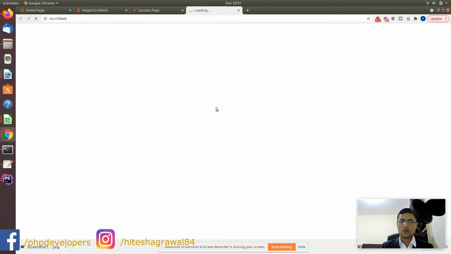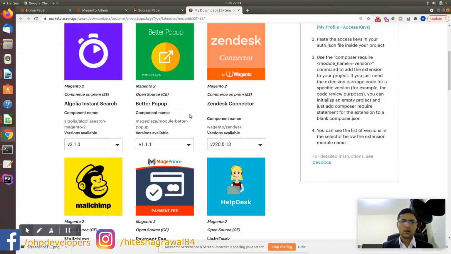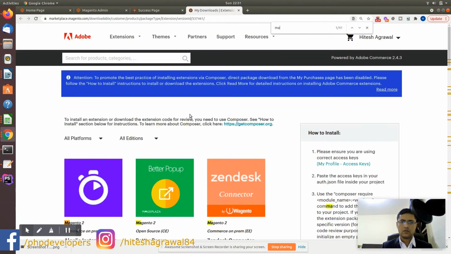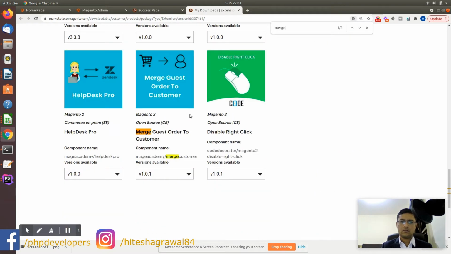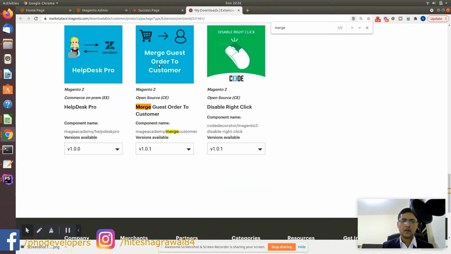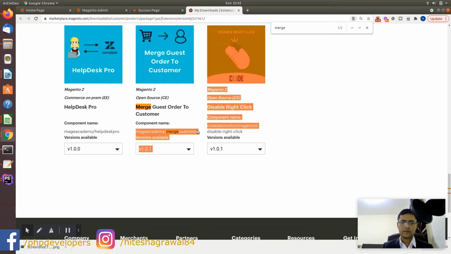Just click on install. Here you will find the extension, and this is your installation path. You have to install this extension using Composer. Magento has deprecated the zip file download, so you cannot download a zip file of this extension. You can just copy this